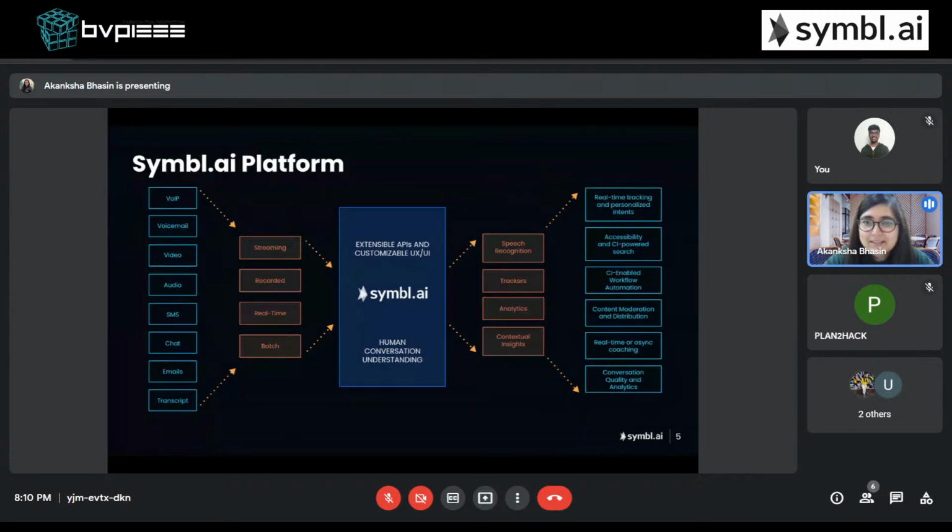And you could see this trackers. So what is a tracker? It basically allows you to track the occurrence of a certain keyword or phrases in a conversation. So basically you can identify emerging trends or gauge the nature of interactions. Let's say you have processed this file and you can understand, okay, this whole conversation is about this XYZ topic. So you can define keywords or phrases in a tracker. You can also create your own tracker as well, and Symbl will return that same or contextually similar phrases.